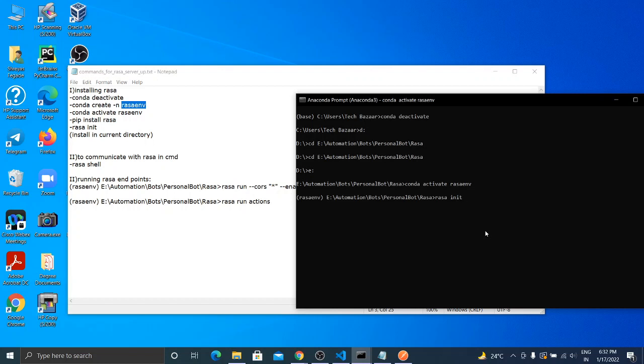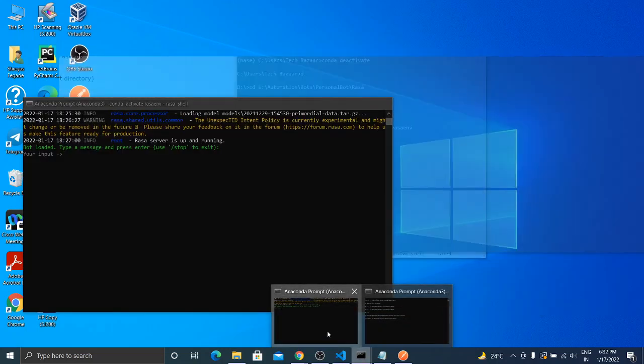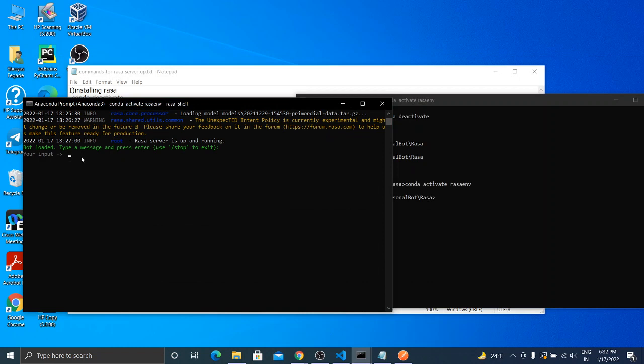After completing all this you will see a command prompt like this, giving a shell experience where you can chat with our installed Rasa. Rasa init will also train the basic model for chatting with the Rasa chatbot. So here we will be checking how our chatbot is responding to us.